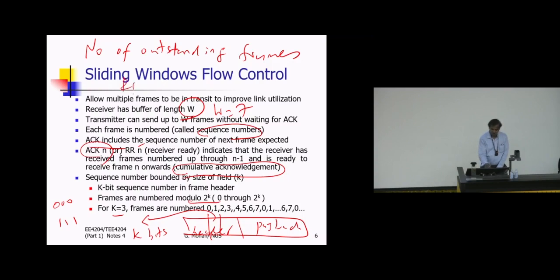So RRN means what? It means received N-1, N-2, N-3, etc. Does it mean that it received frame number N? No, it's ready to receive frame number N. Okay? So RR5 means